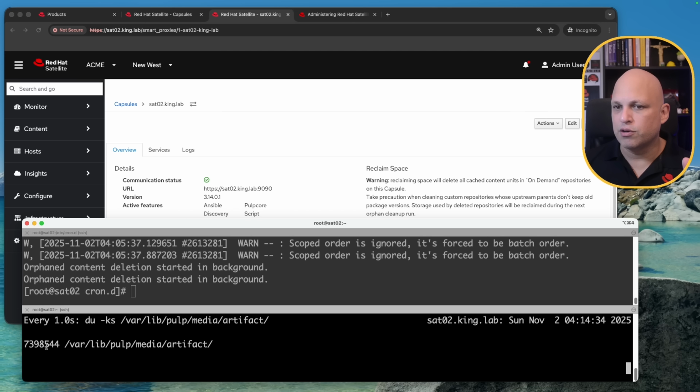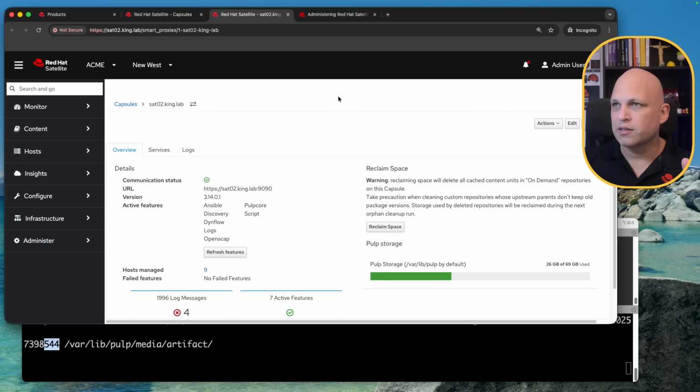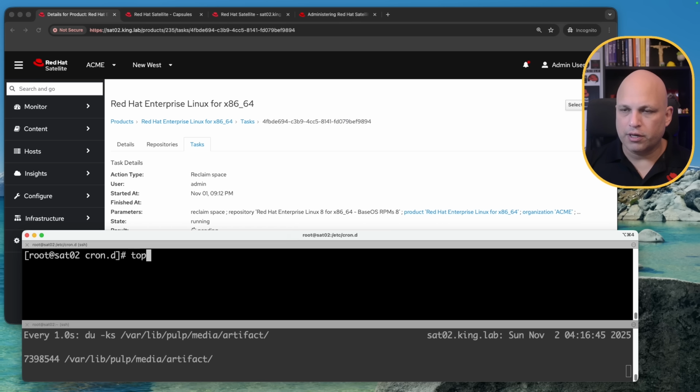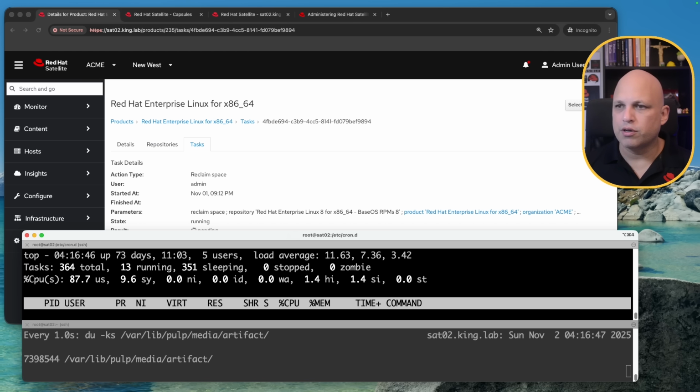This is still 544. Let me see. This is still running. And yeah, you can see that sometimes this is gonna spend some time, eventually 5 minutes, 10 minutes, based on the size of the repositories and the content that you have. So yes, cleanup is amazing and eventually can cost some time, you know? So let's do one more thing here. Let's see what's going on under the hood,